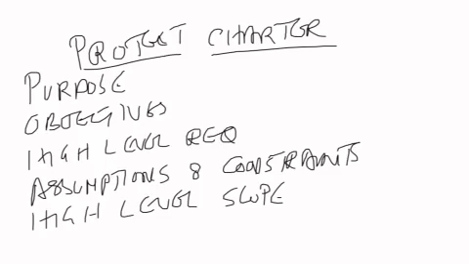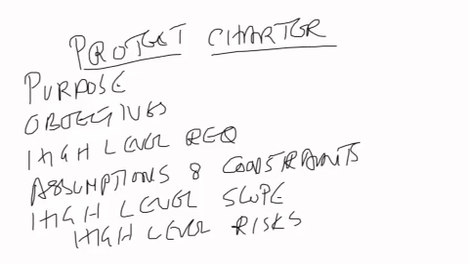High-level scope, then the high-level risks. So here we will not be talking about execution level risk. It is primarily at a strategic level or at the project level. Those kinds of risks, roadmap level risks, can get into the charter, and the major milestones with dates can get into the charter.